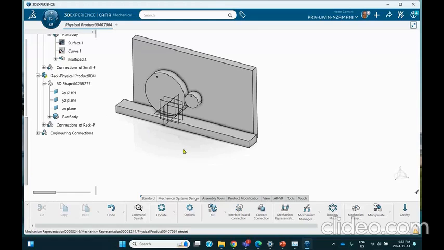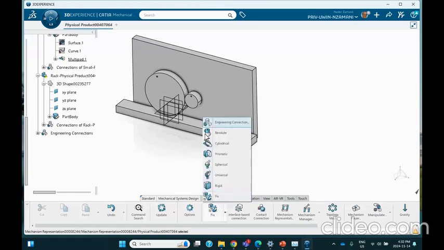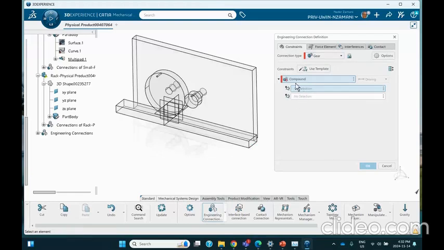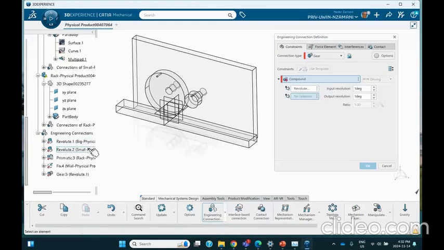Okay. So if you go to the list of engineering connection, you don't see any gear joint here, but what you can see is engineering connection. And if you use a pull down menu, you're going to see gear. Notice what it's asking is two revolutes. So the revolutes, I can select from the tree, for example, the big one and then the small one. Okay, now you have to specify the gear ratio. The gear ratio is